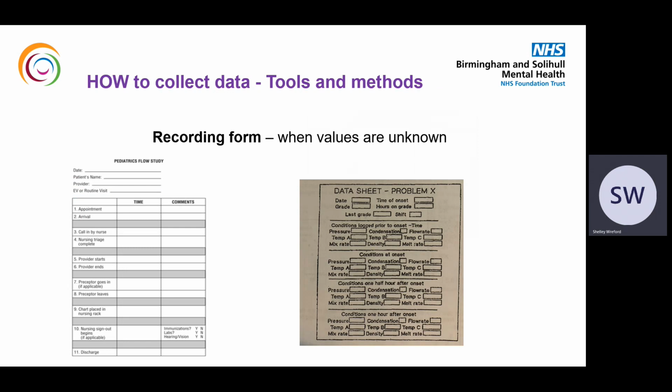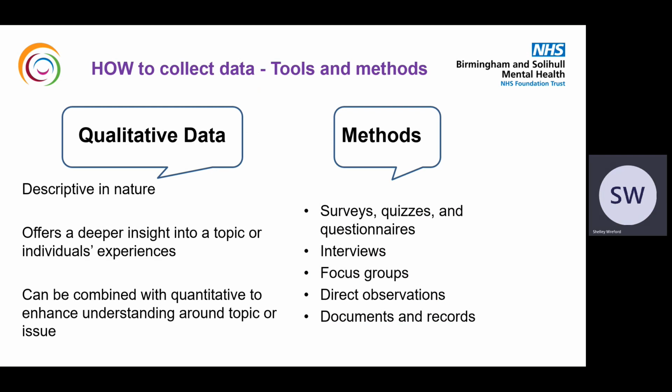Recording forms are another useful tool for collecting data and are most appropriate when the values to be recorded are not known in advance of the data collection activity. In other words, the user must write the information down, not just check it off. Sometimes improvement efforts require more descriptive data than just count or classification. We might want to know about measurements, size, length, or temperature, for example. QI projects looking to improve flow, for example, may benefit from collecting data related to specific waiting times on a recording form.